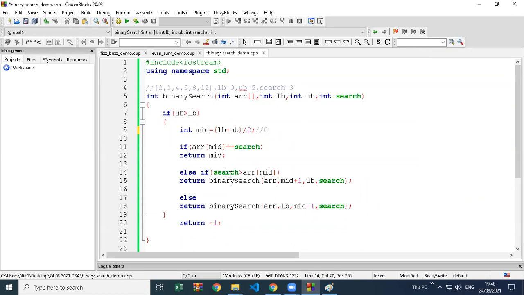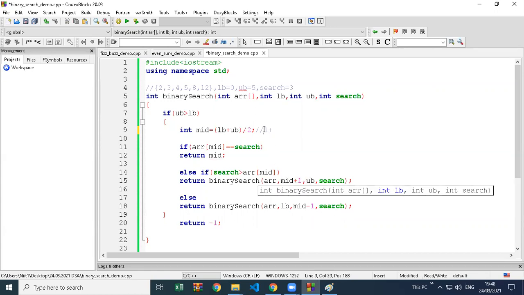We are searching for no. So 1 is a lower bound value. Something is wrong in this part.